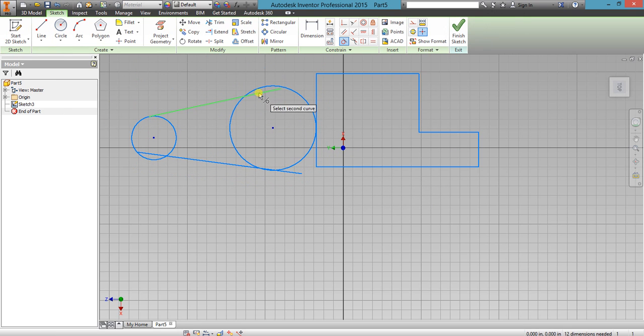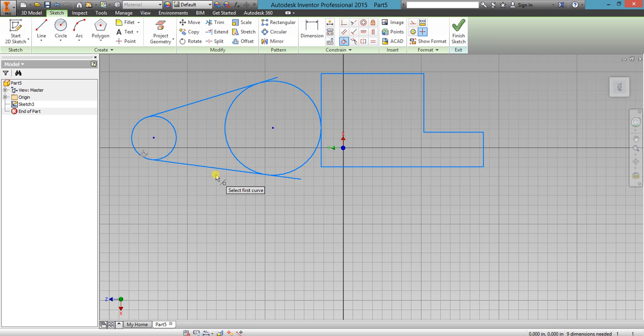I will select my tangent command and make it tangent. You may have noticed, there has been a slight change in the radius of the circle so as to make this tangent. So if you don't want that to happen, you must fix the radius of the circle.